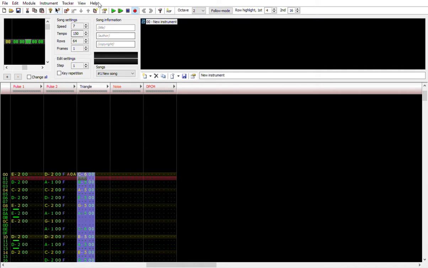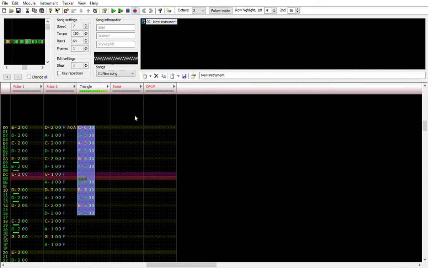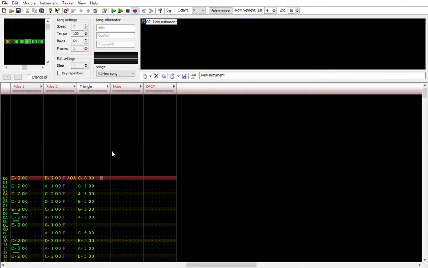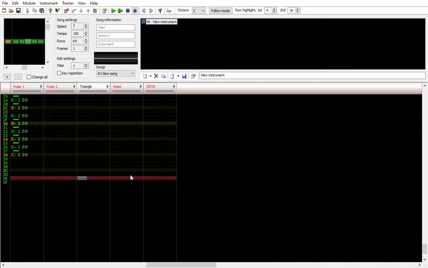Let's do it again. There it is. That's where it bites. But yeah, that's the triangle channel. You can also do effects on here. Not the volume effect, but there's other effects that we can do. I want to show you how synthesis works